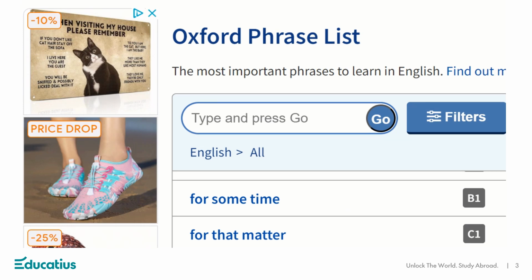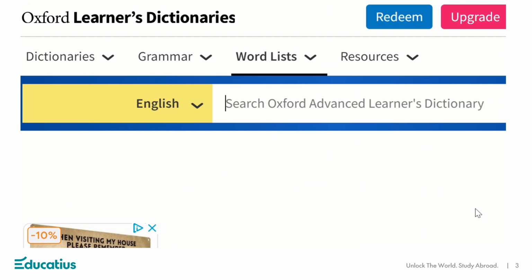So yeah, that website is a great free resource, and I would very much advise you to get in the habit of using it, because you will learn a lot